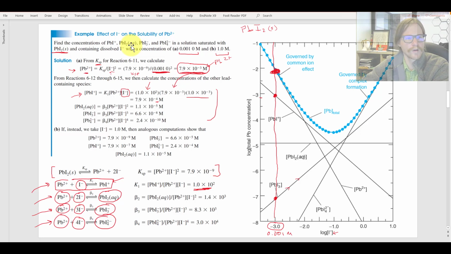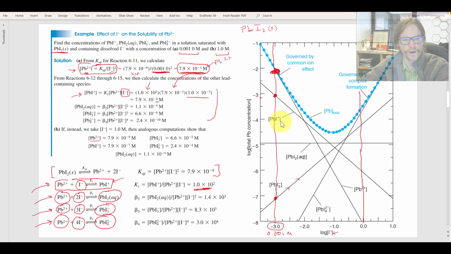If we jump down to the 1 molar case, which is part B, 1 molar is the same as 10 to the 0 here. So I'll try to draw a straight line as much as I can. It's kind of hard in PowerPoint, harder than other programs. What changes? Well, we can go back and compute our lead 2+ concentration. How did we do that? Well, we just reevaluate our Ksp expression, but now the iodide, instead of being 0.001, just becomes 1, and that gives us a lead concentration in the 10 to the minus 9 range,